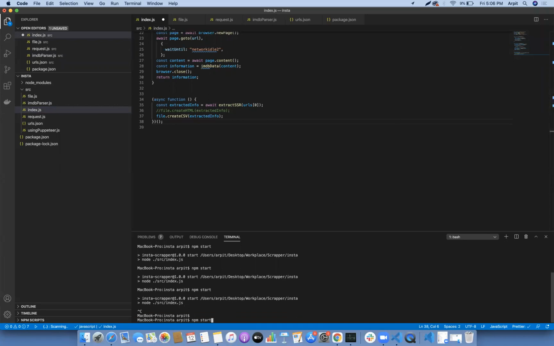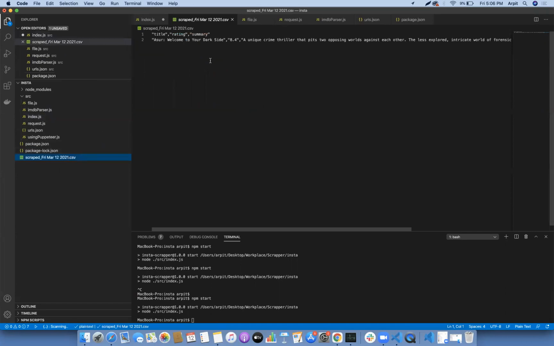Let me just run it again. Yeah, it has created a file over here. There was some problem with my internet connection, that's why it was taking so much time.